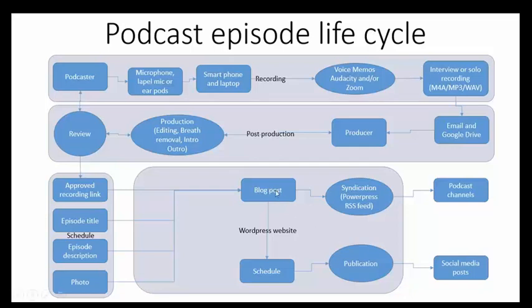And so once we've compiled this blog post with all of those four elements, we then drop it into a schedule. So the post will be scheduled to appear on a certain date and time. Again, that's specified in the podcaster's schedule. And then when that scheduled date and time comes up, two things happen. The blog post itself is sent through a special little plugin that we've got in WordPress called PowerPress, and that generates the key document in all of this called an RSS feed. It stands for Really Simple Syndication, and that RSS feed is a file that will contain all of the elements of the blog post and all of the previous episodes from the podcast, and then there's an automatic process where it simply sends that feed